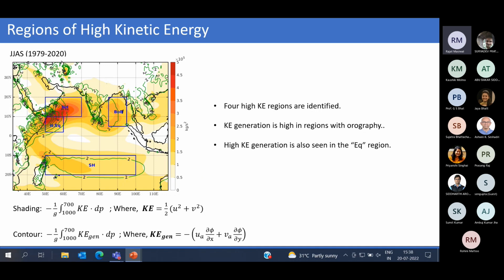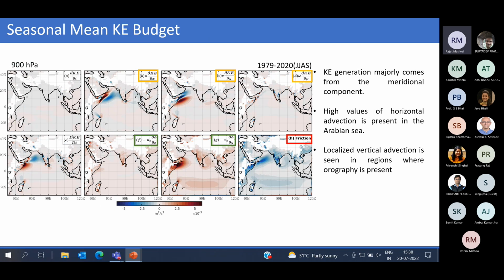We also see a lot of kinetic energy generation at the locations where there is a presence of orography. So this points towards orographic lifting and the kinetic energy generation because of that process. Now, looking at each of the terms in the seasonal mean budget, we can see that